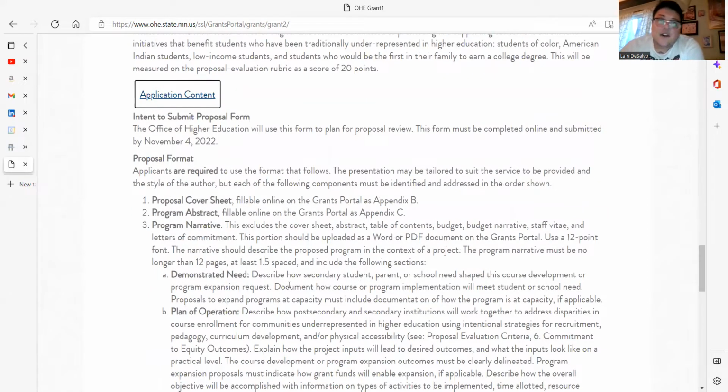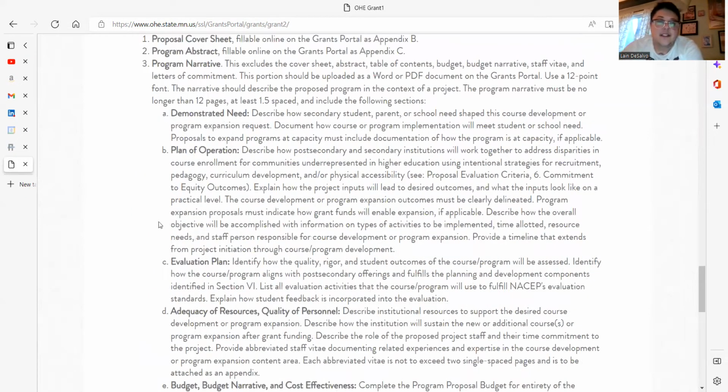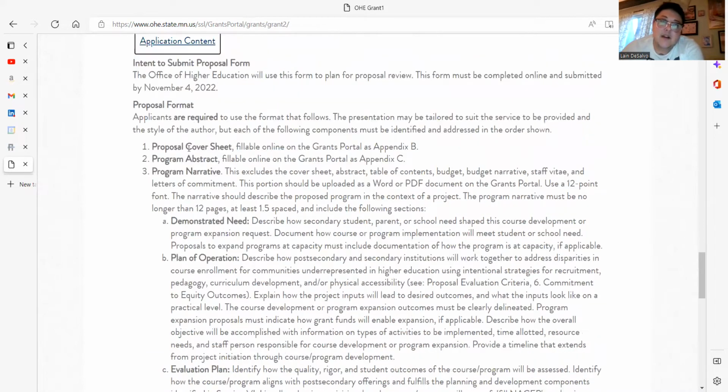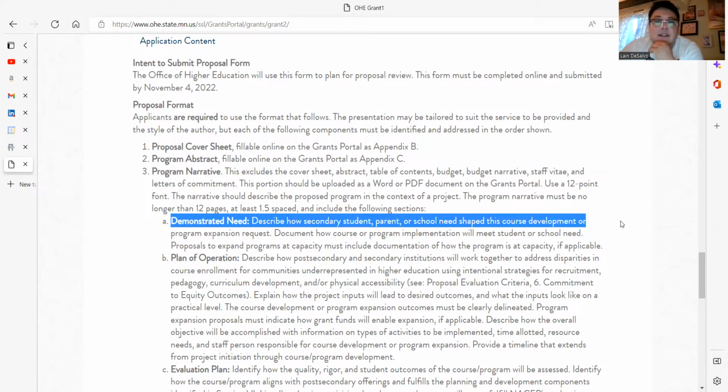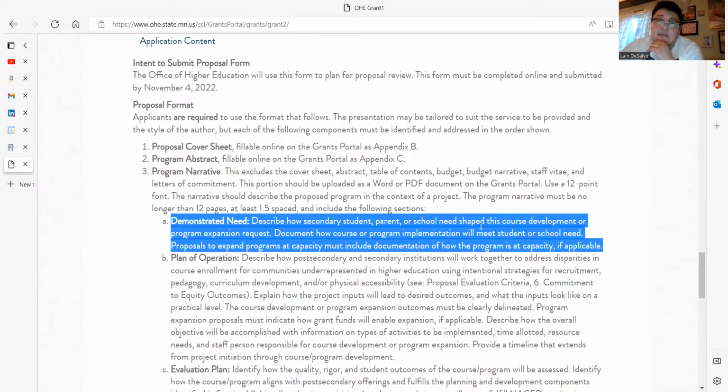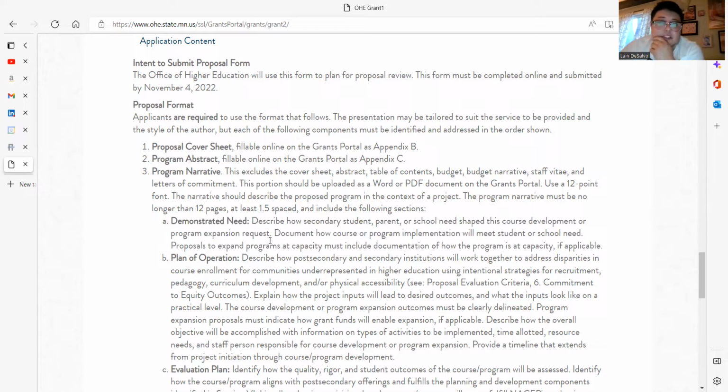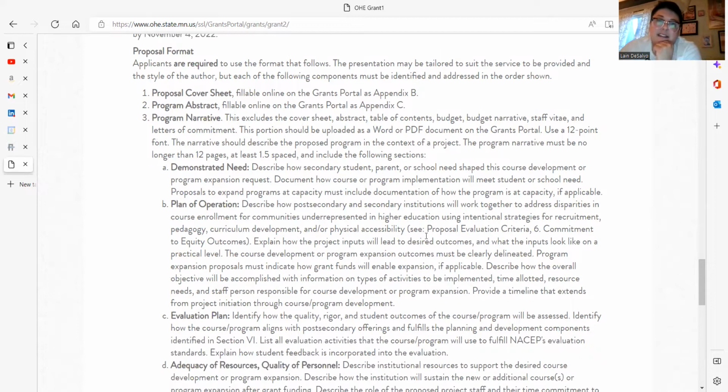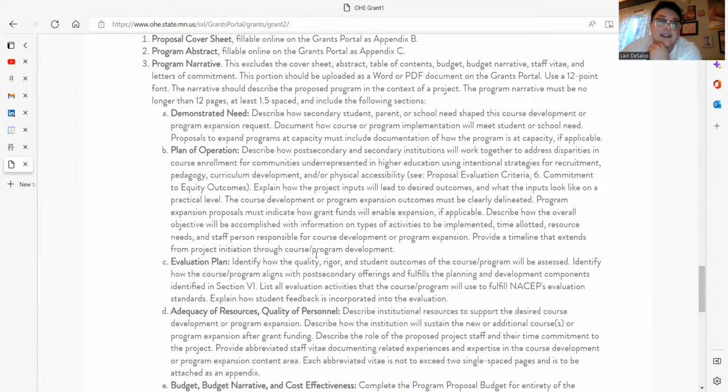Again, this is just for your information only. All this stuff will be accessible online, but it's all right here, so you know exactly what you're going to need to talk about in your proposal. We have the same thing as every year that we've had this program, essentially: demonstrated need, and then a little bit of what you can write about and describe and document. The plan of operations, so how this is going to actually work and what the project's going to consist of,